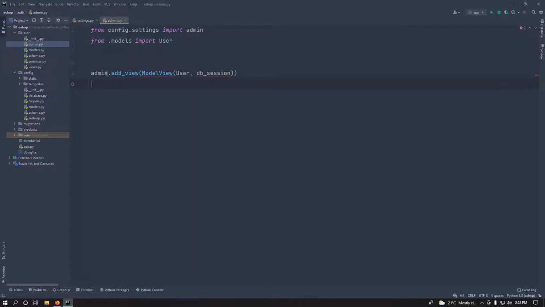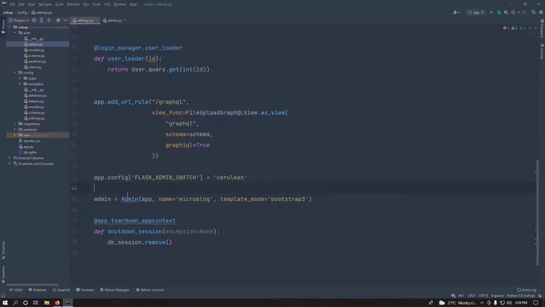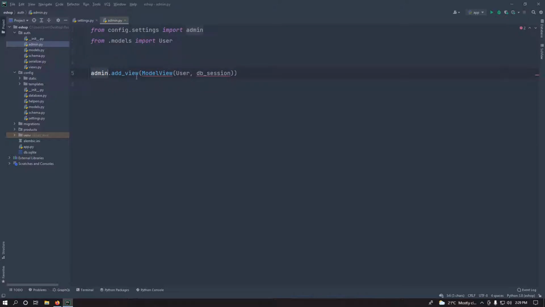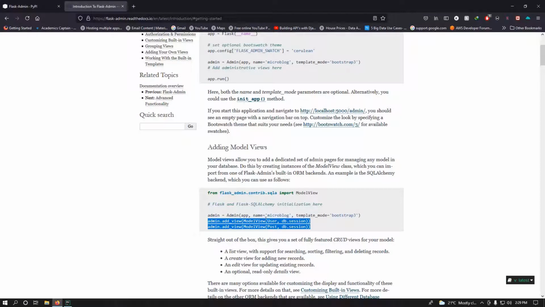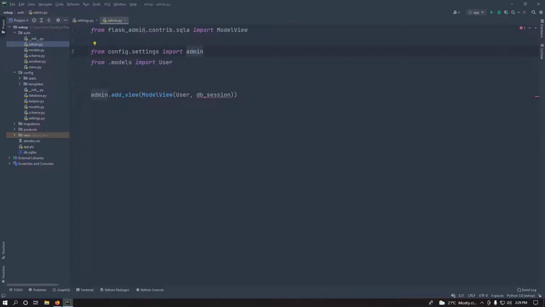But as of now, to add a view, which is basically a link inside your admin, you do admin, which we registered over here. We need to in fact import this from Flask admin. And then just say dot add view. So these are basically views for models. So we could just import this name from Flask admin. Yeah, it's from SQLA. There were a lot of them and it was confusing me. So you import from flask_admin.contrib.sqla, from SQLAlchemy, actually import ModelView, because we are using SQLAlchemy.